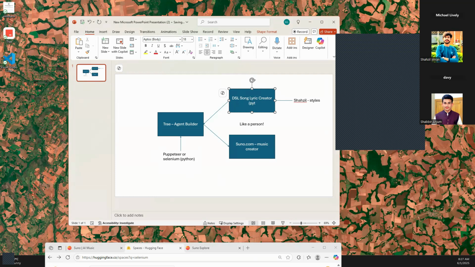If we go with Puppeteer, that's in JavaScript, so we would have to rewrite the DSL song creator in JavaScript so it's all in the same language. We may be able to use two languages, probably we could, so maybe we don't need to rewrite it. We're going to have to decide whether to use Selenium or Puppeteer.